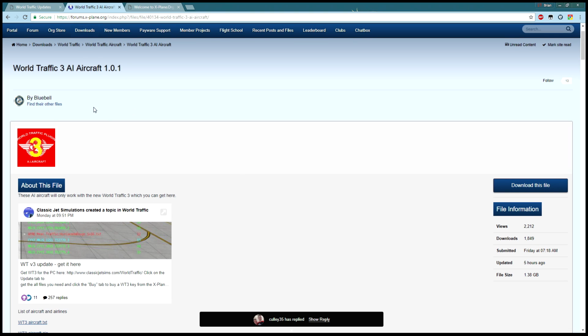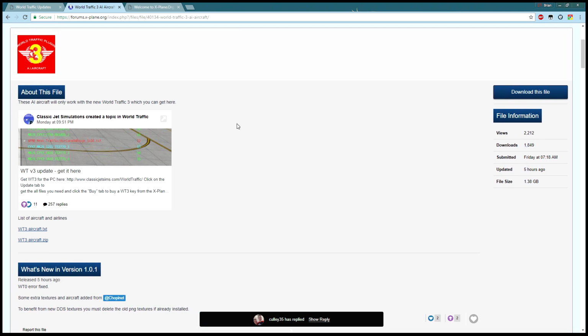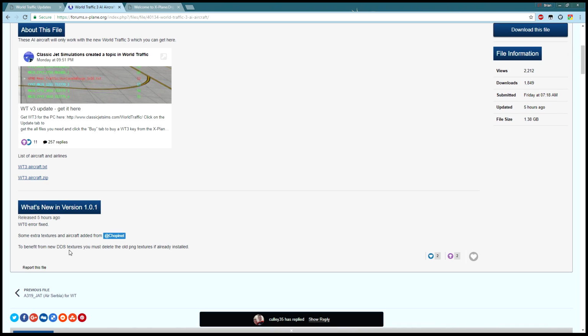Anyway, Bluebell has posted his World Traffic 3 AI version 1.01 directly onto the downloads section. You can see the URL up here. And you need to grab all these files. The nice thing about this upgrade here is that all the textures have been converted to PNG, or not PNG. They've been